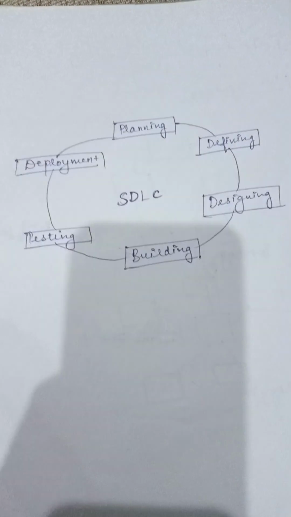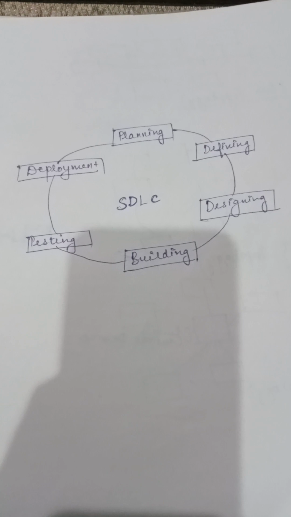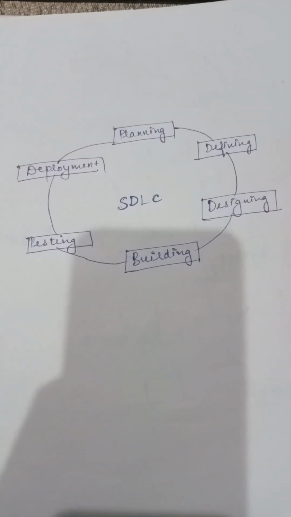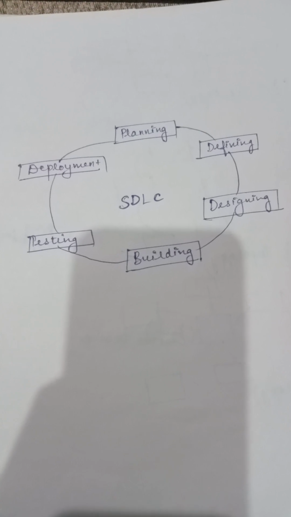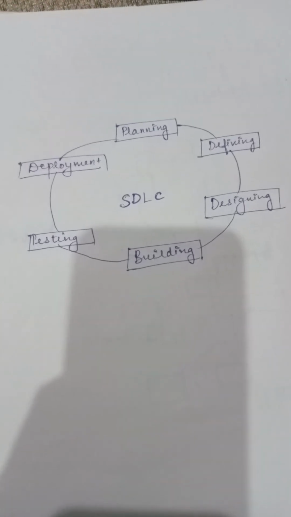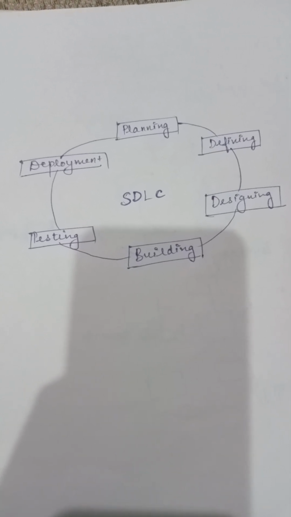Okay. Now defining requirement is the second stage. So once the requirement analysis is done, the next step is to clearly define and document the product requirement and get them approved from the customer or the market analysts. This is done through the SRS document, which consists of all the product requirements to be designed and developed during the